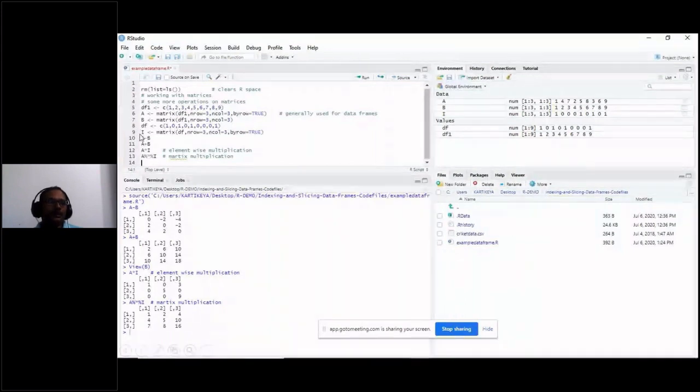Now you want to perform operations on these matrices. A minus B, you will get the answer; A plus B like this.